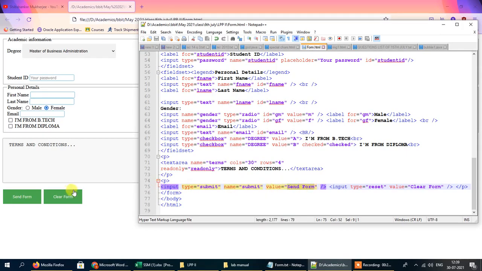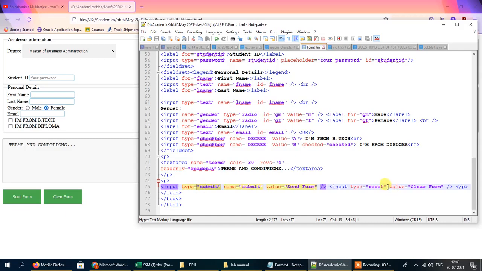The text that will be displayed on this button is actually controlled by the value. So under value we have entered send form, and it will be shown here. So this is a button of type submit.